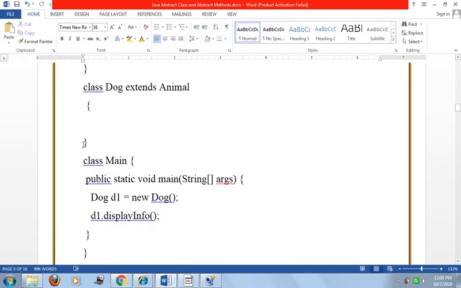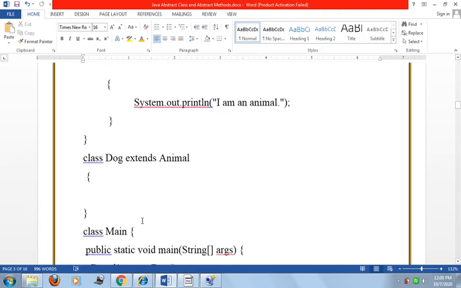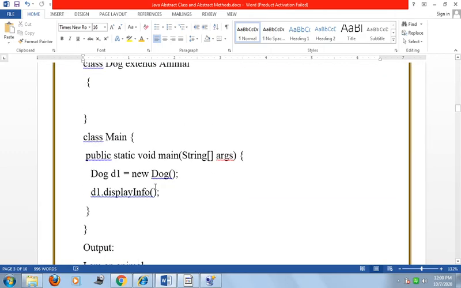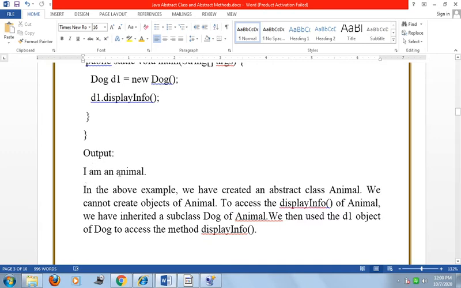Now here we leave this class blank. Now in the main method, class Main, we call the main function, and here we create the object of this subclass, Dog d1, and we call d1.displayInfo of the abstract class. Now when we run that program, it will show the output: I am an animal.